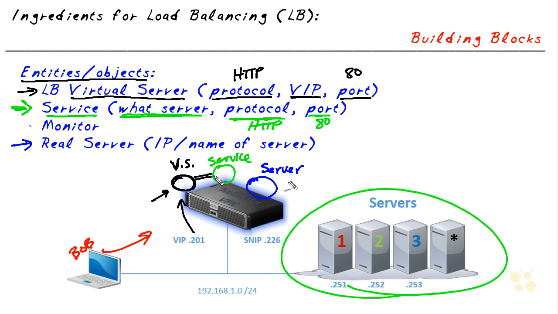objects. And service objects are bound to server objects, which represent the servers that are hosting those applications or services. So if we did a mini drawing of this over here, we'd have the virtual server, and we could have 3 service objects that are all for HTTP, and each of those service objects